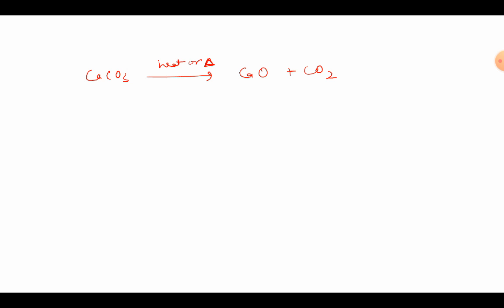Now one more thing is missing over here. We can make it even more informative by writing that calcium carbonate is solid, calcium oxide is solid, but carbon dioxide is gaseous in nature. So now this equation has become very informative. Now suppose we talk about one more reaction, like barium chloride. I will write AQ in the bracket. What does this AQ mean? Barium chloride was a solid, but now it has been dissolved in water. So this is now an aqueous solution.